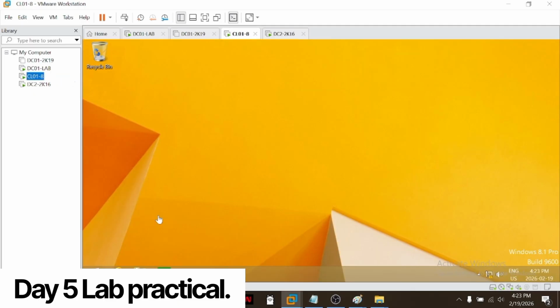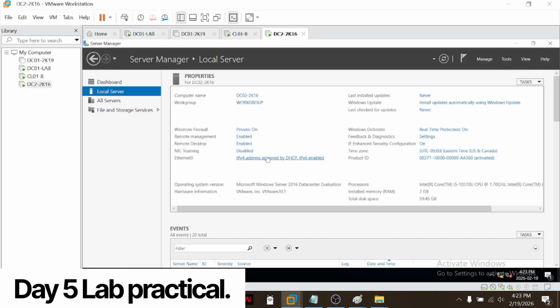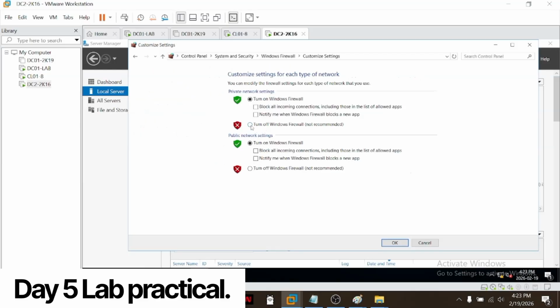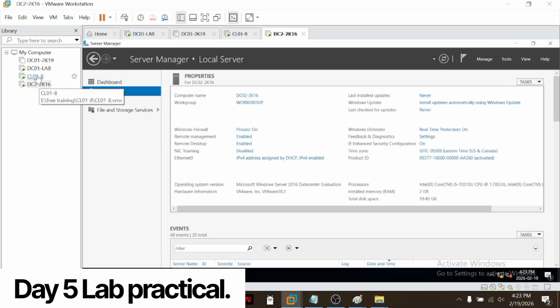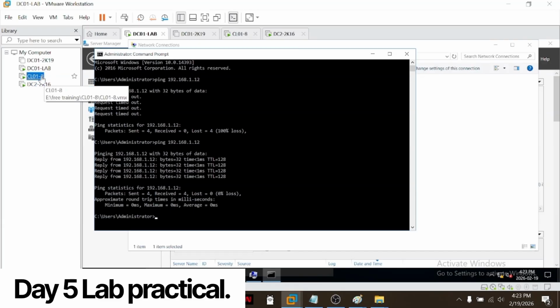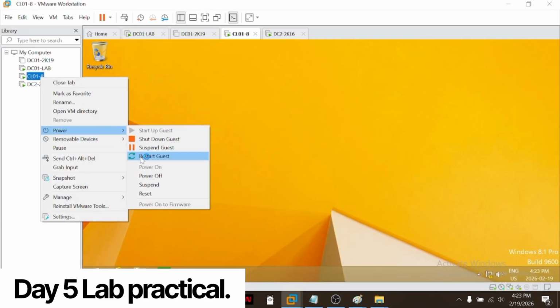Reason being, our firewall is on. So we'll turn off the firewall. Windows firewall. Turn off the firewall. Now if we do ping, we are getting reply. So now we will close this machine because we don't have any work with this machine anymore,